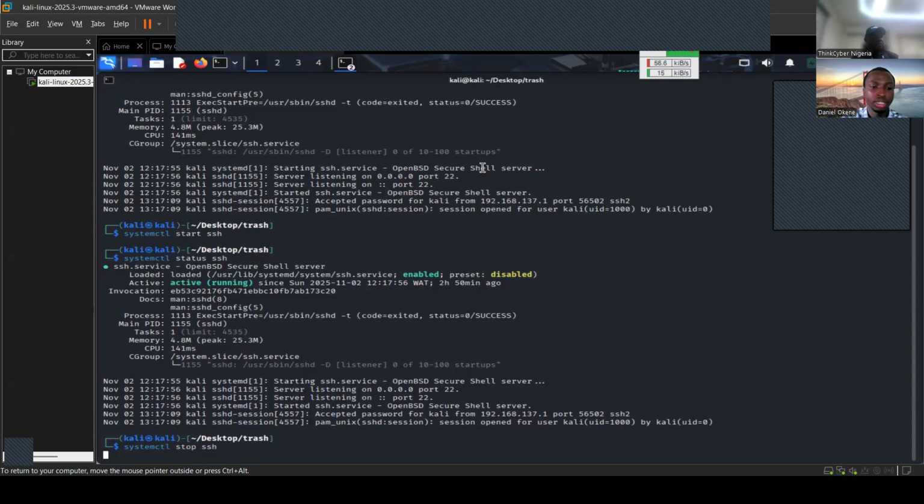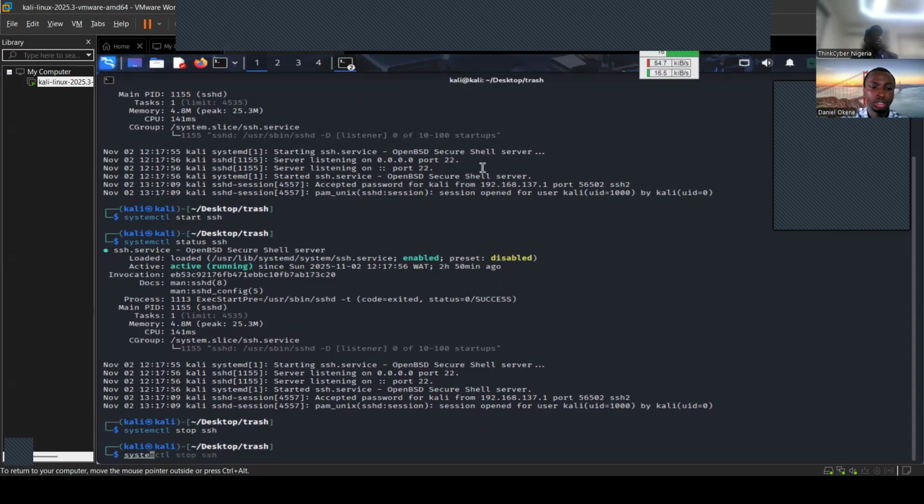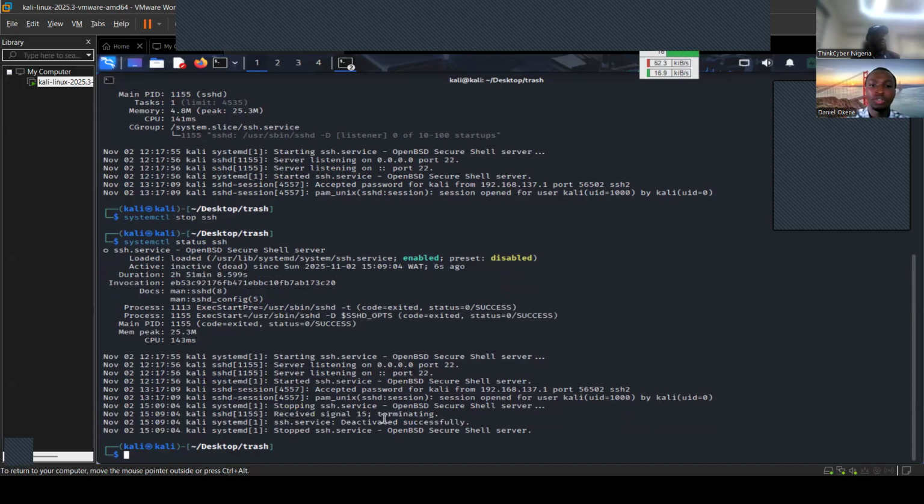So when we display the status of it, we can see that it has been stopped. So it's now inactive. If you want to enable a service, we can use, in this case, enable. If you want to disable a service, we can use